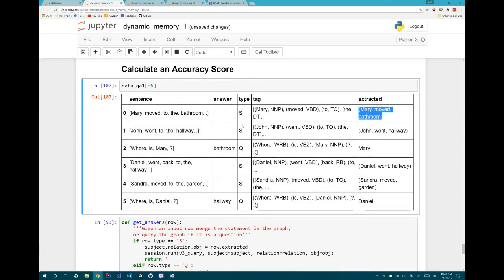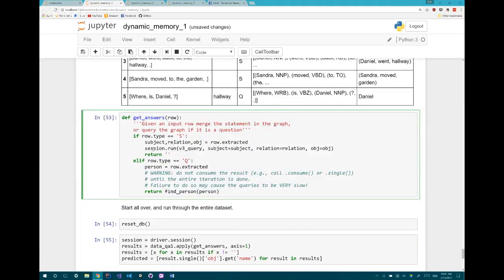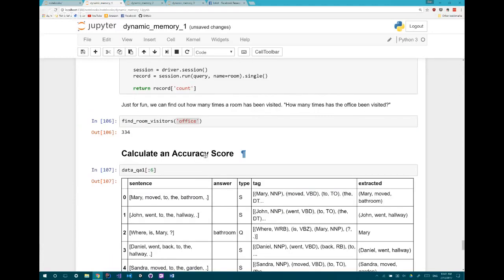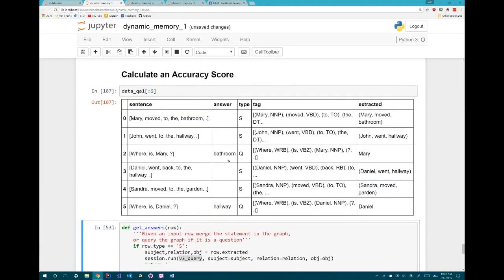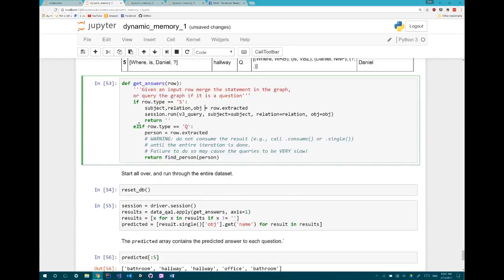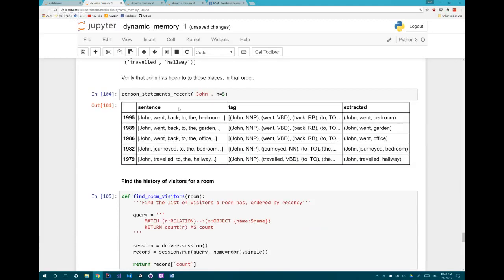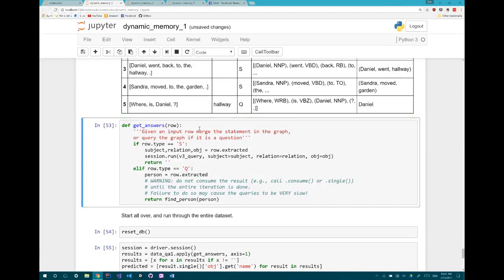And then we simply run, if it's a statement, this V3 query that I showed above. So for each statement, basically merge it with the graph. And then if it's a question, issue the query up here. And by doing that,